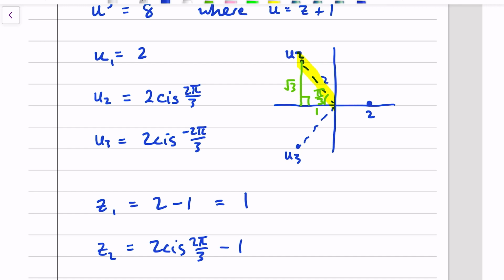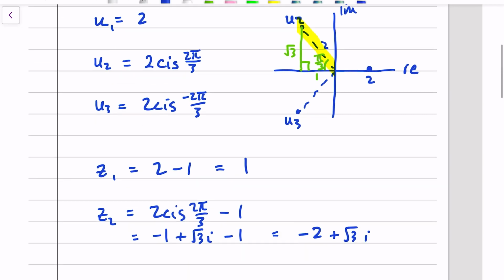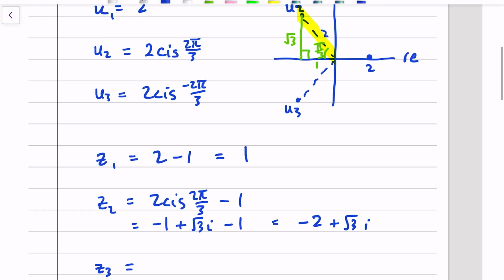So 2 cis 2π/3 is the same as minus 1 plus root 3 i. Because 1 in the adjacent side of that triangle is on the left-hand side of the origin, so it's a negative real part, bearing in mind that's the real axis and that's the imaginary axis. So negative 1 plus root 3 times i, and then minus 1 from that is minus 2 plus root 3 i. And then lastly, z3, we take our third solution for u, 2 cis minus 2π/3, take away